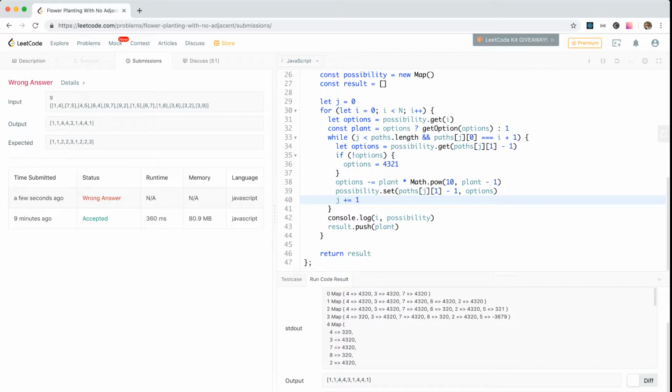Go to the second one too, because there's no 1, 2, so 2 is also 1. So we got 2 and 3. Two is 1, so